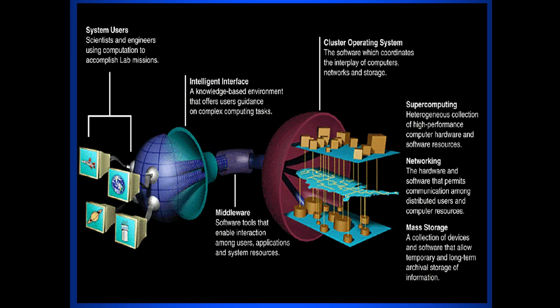Finally, on the right side of the figure, you can see the main resources of the grid. These resources include machines, which are connected to each other through networks. In a general classification, resources are divided into three categories: supercomputing,